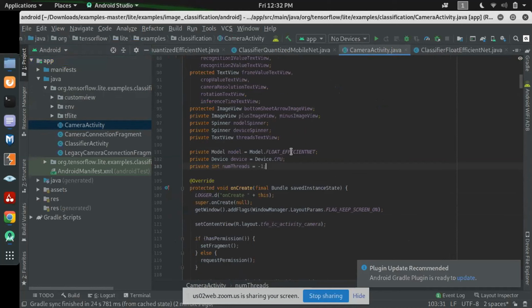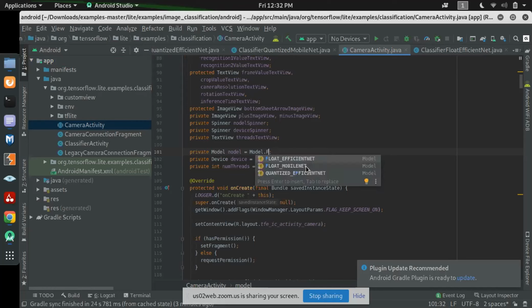Actually, this is not float efficient. I'll show you. It will be either quantized or quantized efficient. It will show the suggestions. Here it is showing either quantized efficient or quantized mobilenet. It will show different suggestions, but you have to rename it with float efficient.